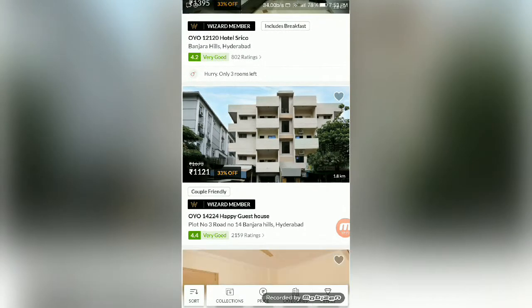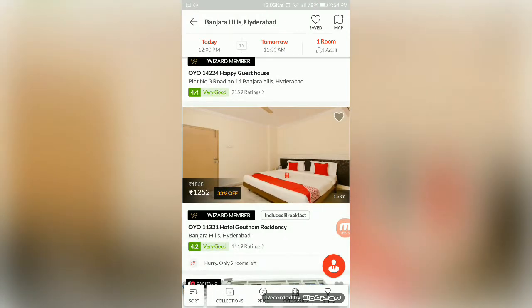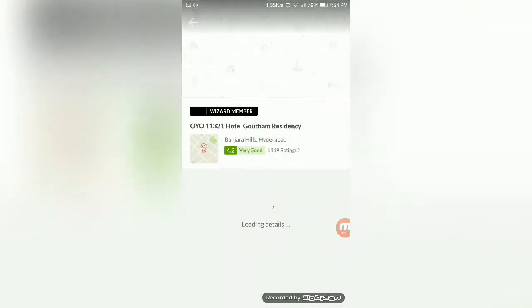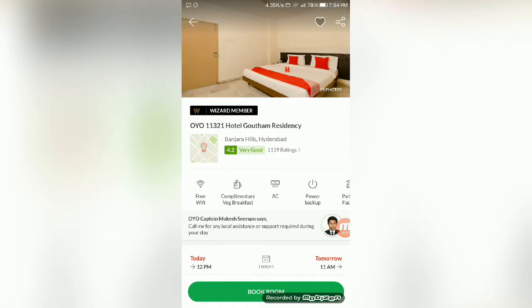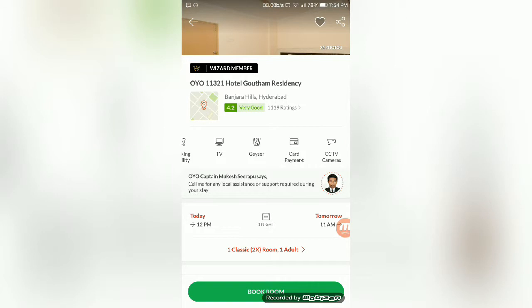Now you can see these are all the hotels available in Banjara Hills. Yeah, this one looks interesting. Click on that. I'll try to select this one. Now when you click on any hotel, that is the Hotel Gautam Residency, it shows all the features available in the hotel, that is the free Wi-Fi, the complimentary veg breakfast. This hotel also provides AC, power backup, parking facility, TV, geyser, card payments and also the availability of the CCTV